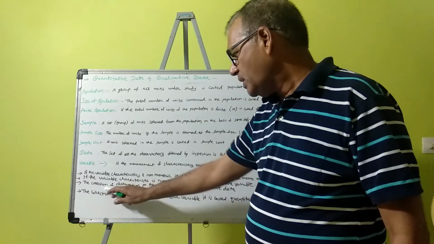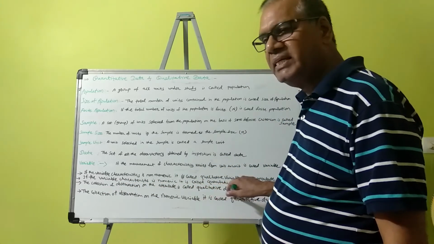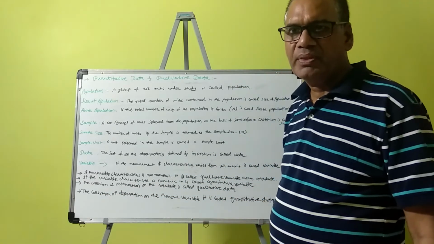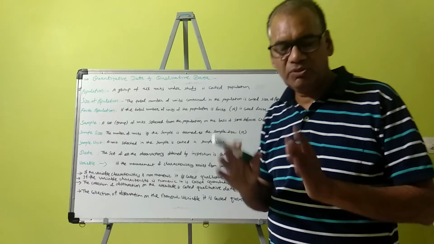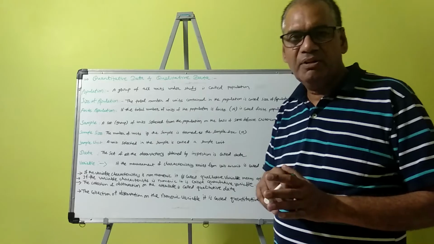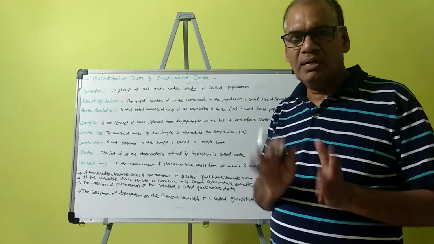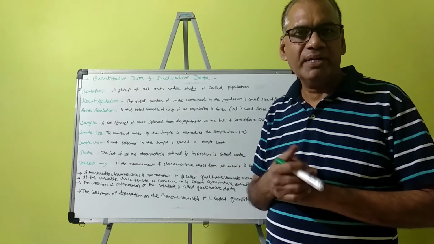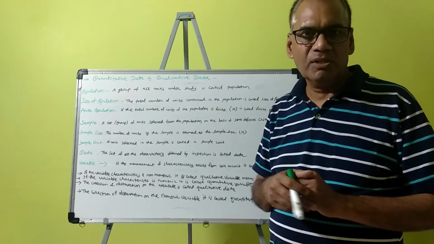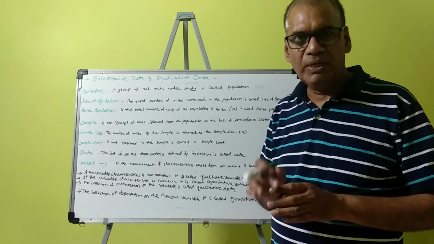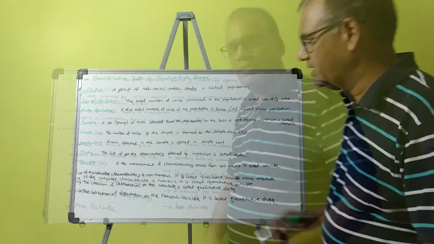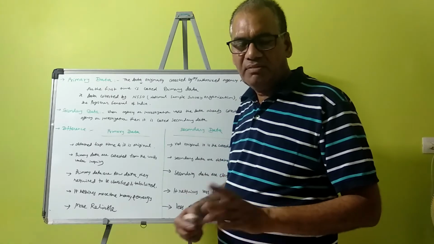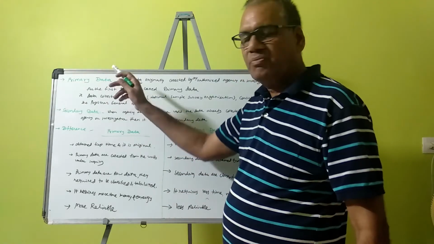The collection of observations on an attribute is called qualitative data, and the collection of observations on a numerical variable is called quantitative data. We should try to understand qualitative and quantitative data. Qualitative data is related to quality, not numbers, such as efficiency and intelligence. Quantitative data means we can measure in numbers, such as results of students, number of students, income, population. After discussing qualitative data, quantitative data, population and sample survey, we can now classify